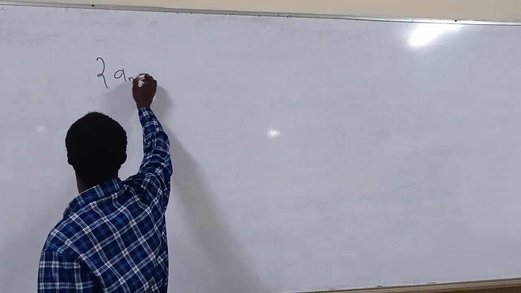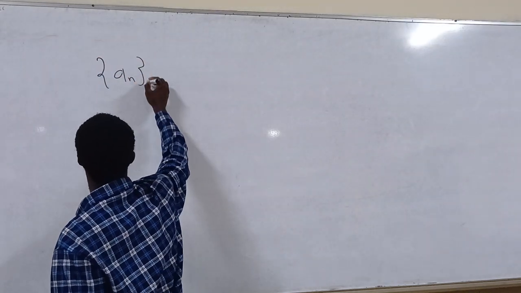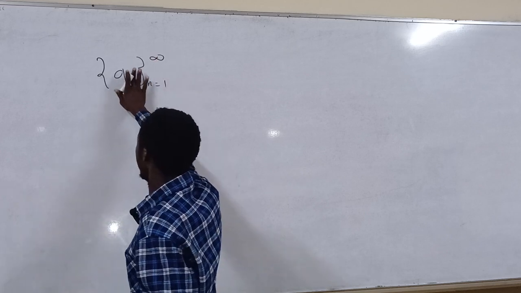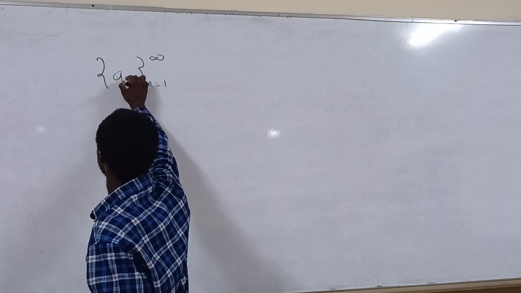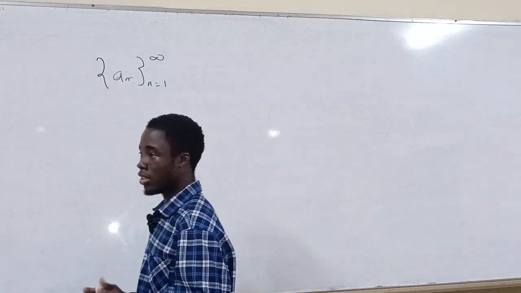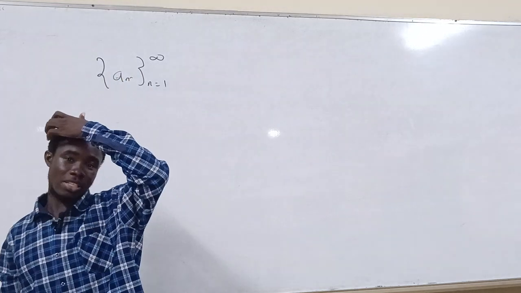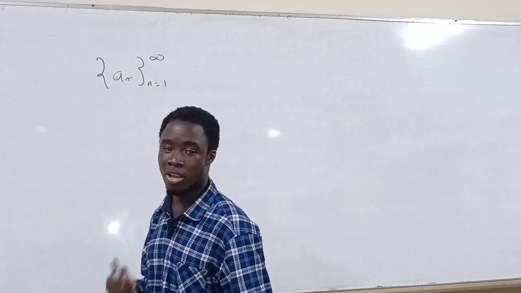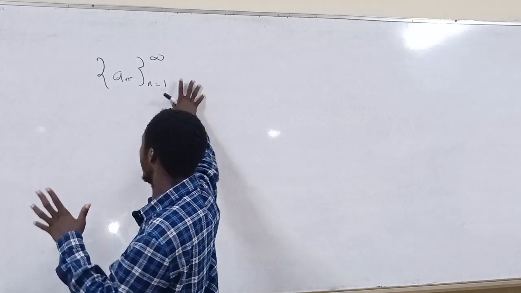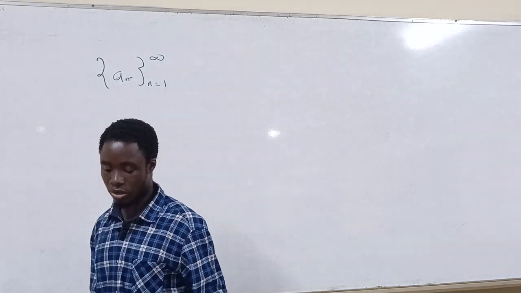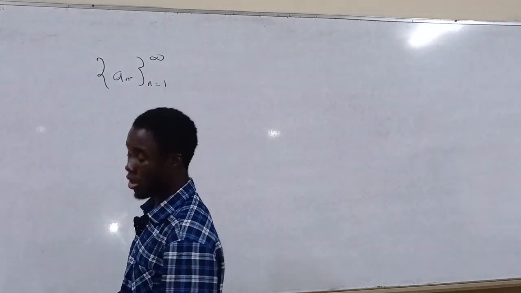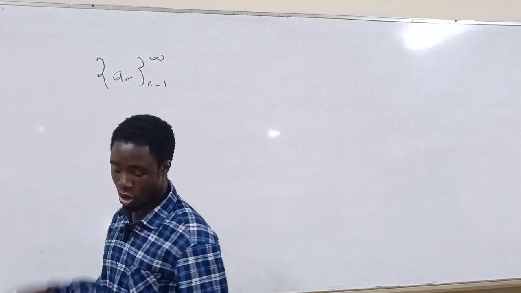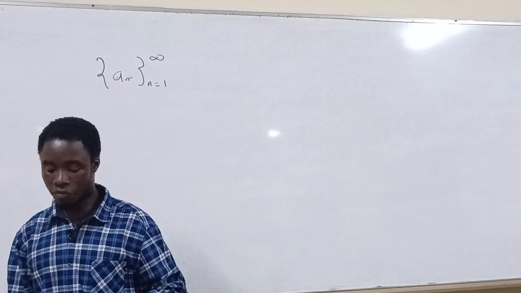So let's say this is a sequence. Generally, this is how we represent a sequence of numbers. Numbers that are written in a certain way, or that follow a certain pattern. So generally, this is how we write a sequence of numbers or real numbers. A sequence of real numbers is a function f